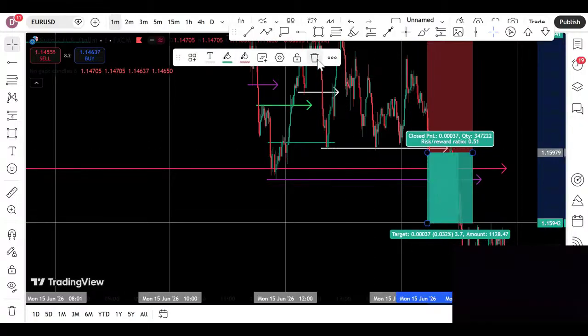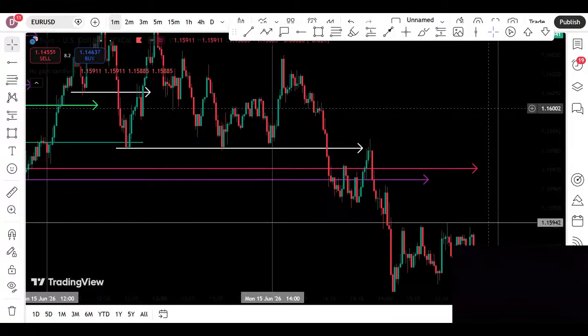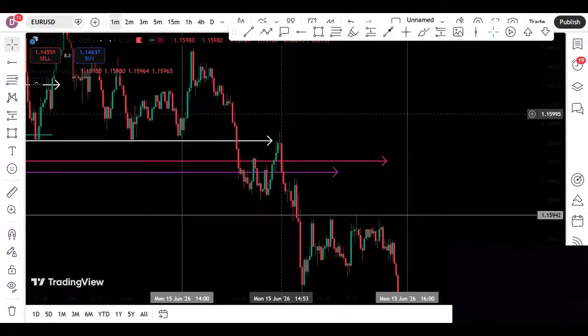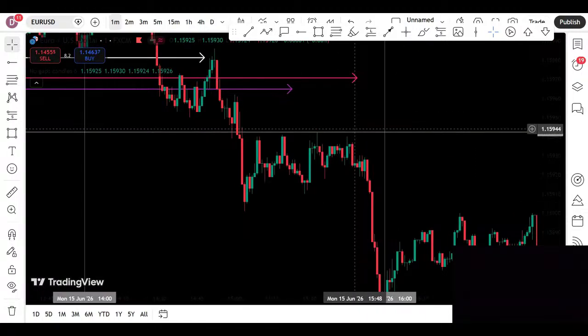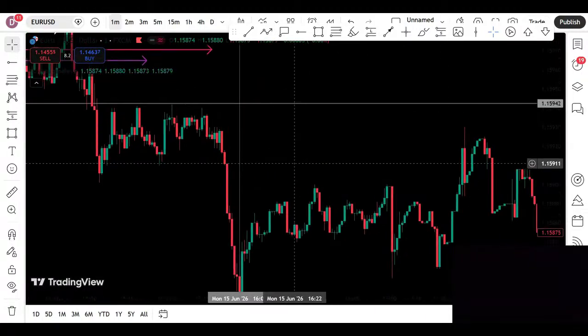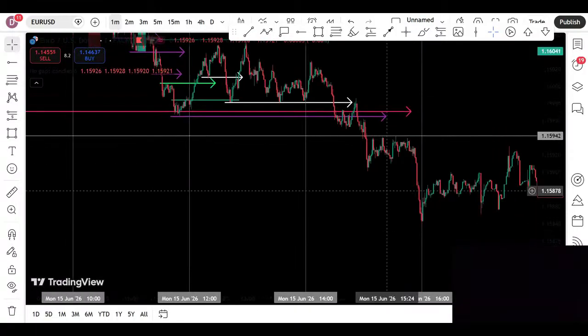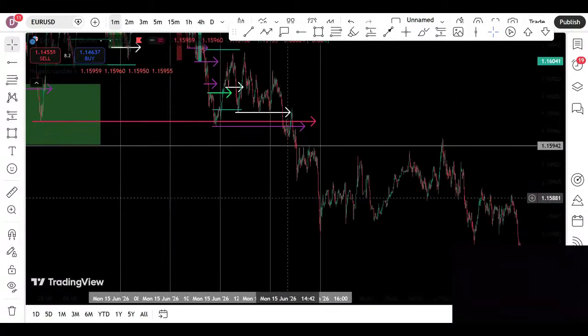I will try to force, we'll get a lesser RR or a negative RR. See, the price came down. We ran. So that's it. That's how Monday was. So Tuesday,